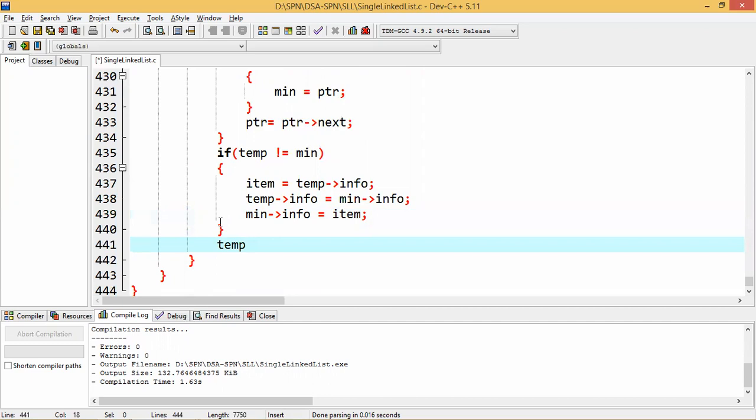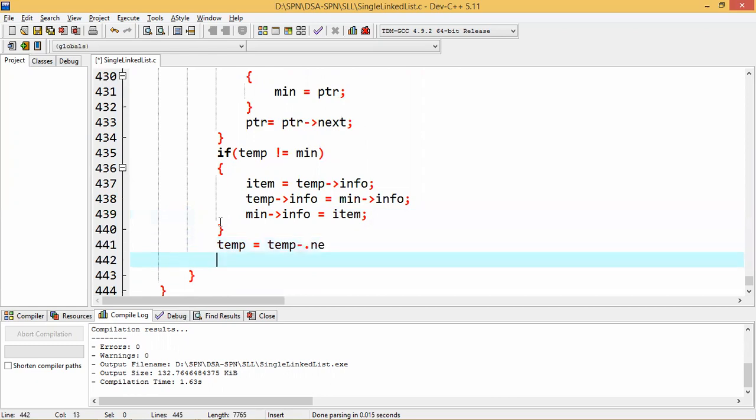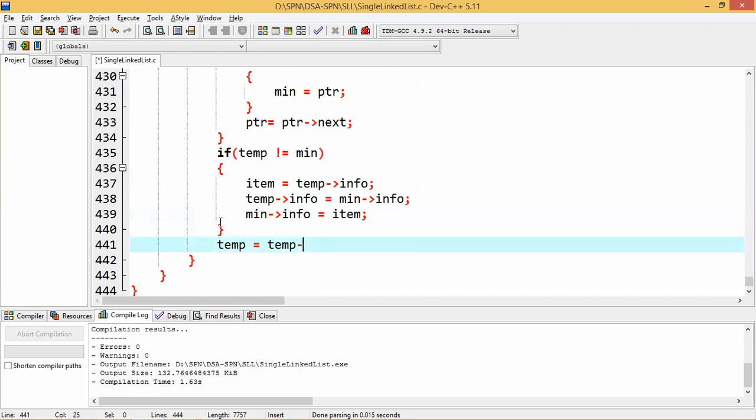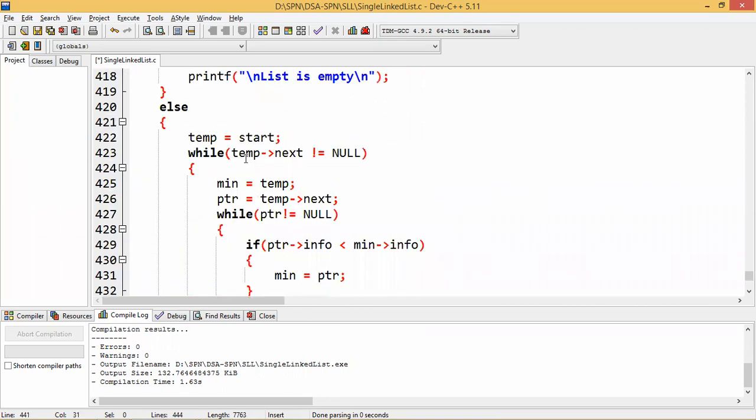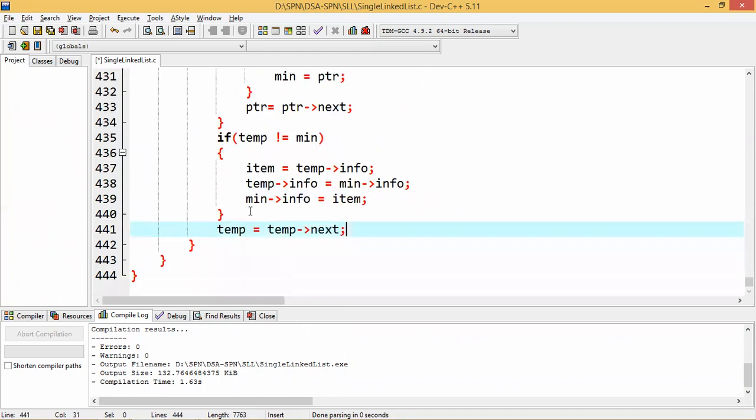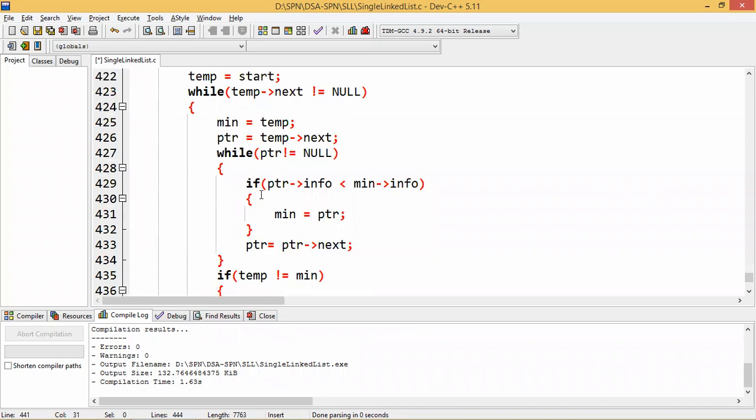After swapping is over, done. One value will be sorted. After that, temp will move to the next node. In this process, till temp reaches the last node, every time one value will be sorted. Simple procedure. We have followed the principle of selection sort.